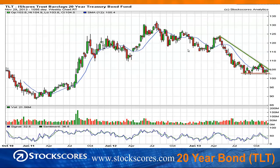Treasury bonds are in a downward trend and consolidating downward towards support. So I've drawn in red there the line of support, and if that line is broken, it will be a sign that interest rates are going up because Treasury prices are going down. So if you are concerned about interest rates, watch this chart closely because a breakdown through that support line, which I have drawn in red, is an indication that the bond market is headed lower, and that means interest rates